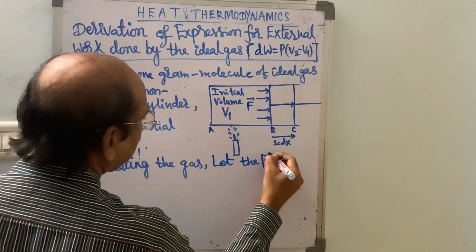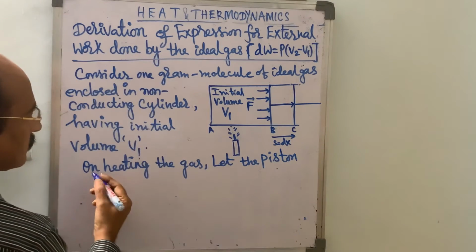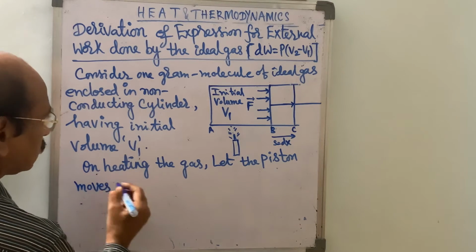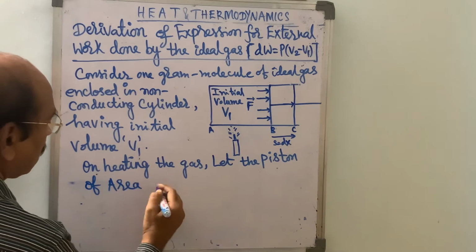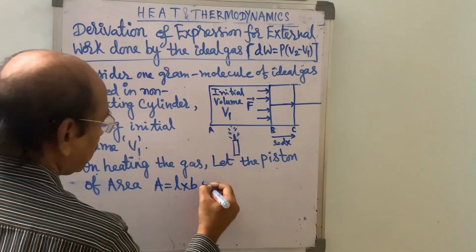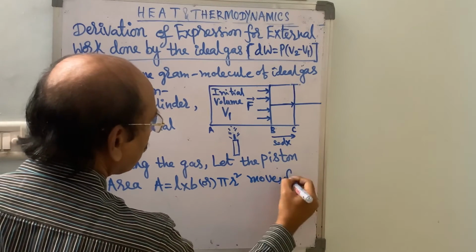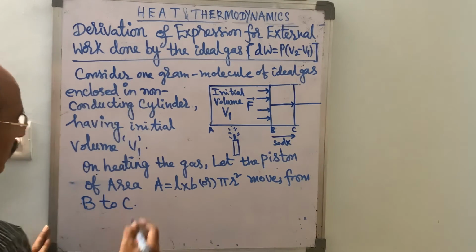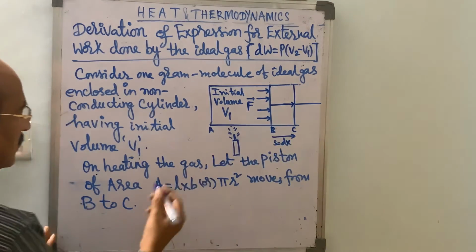let the piston of area A equal to B, or πr squared if it is circular, move from B to C. Here some force is there, some displacement is there. Therefore